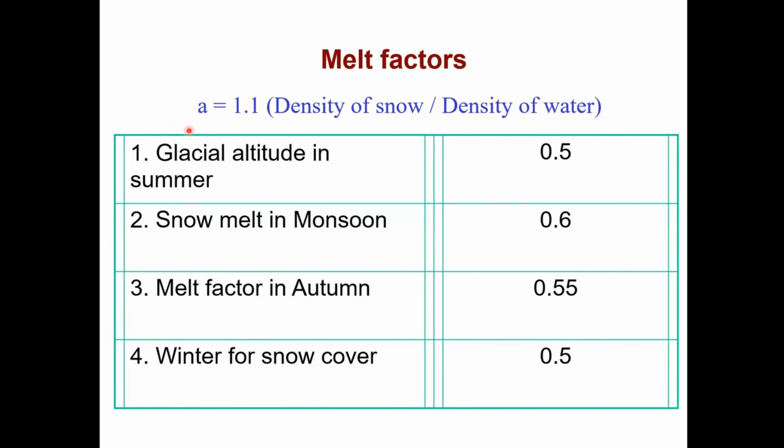If you have gone into the field and collected data to estimate the melt factor, it is fine. But for most regions it might not be available. Therefore, you get a simple relationship: density of snow divided by density of water, multiplied by 1.1, and you get the melt factor. So melt factor is a parameter which can be tuned in the model. And